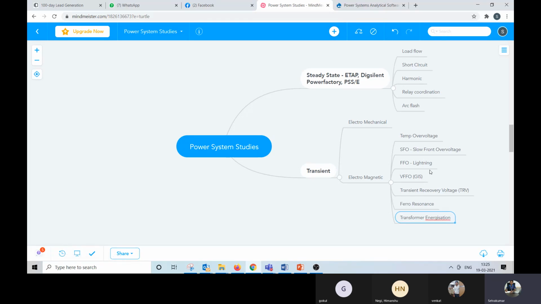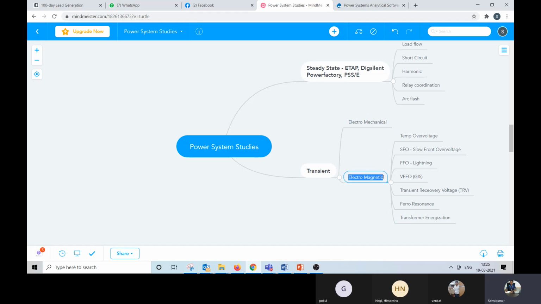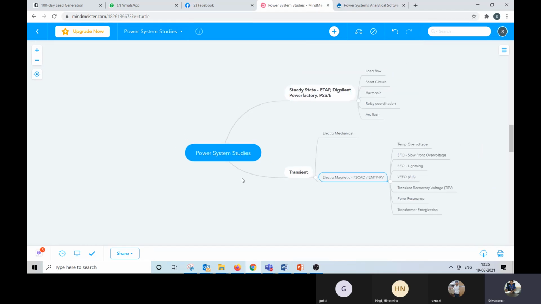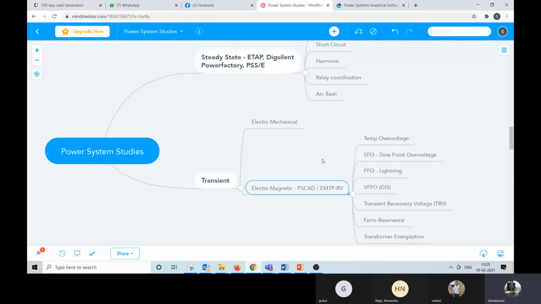When we say SFO, slow front overvoltage, that's a switching overvoltage, so transformer energization can be clubbed with that also. So this is the kind of electromagnetic transients we have. And for this, as I told, you need to use software, either PSCAD or EMTP-RV. These are the only tools available, and what we are going to see is PSCAD.